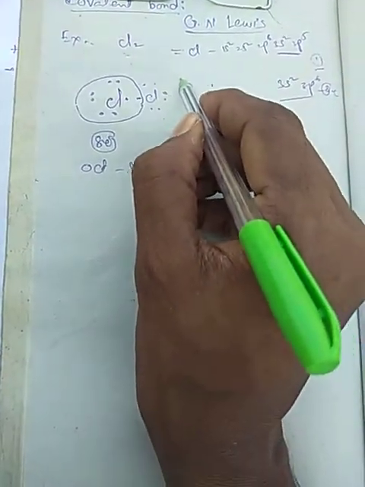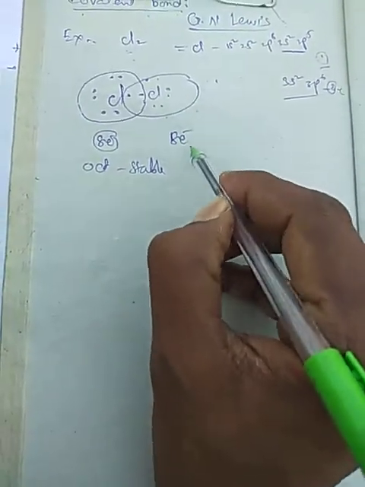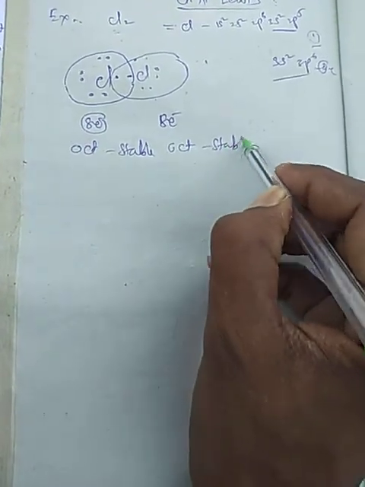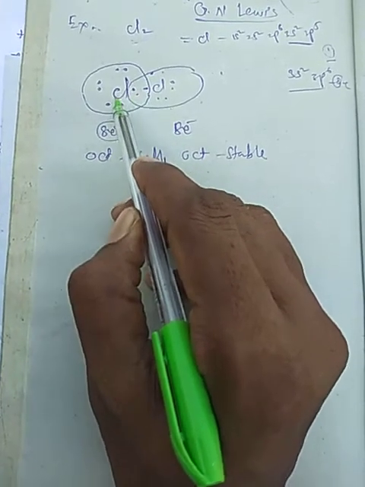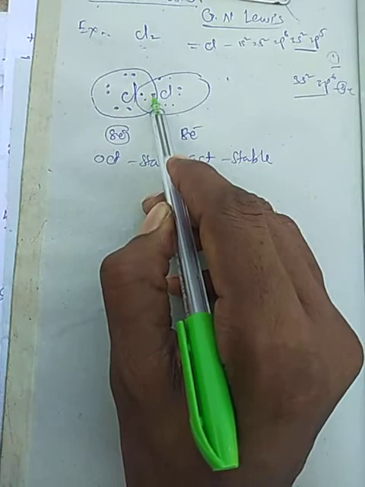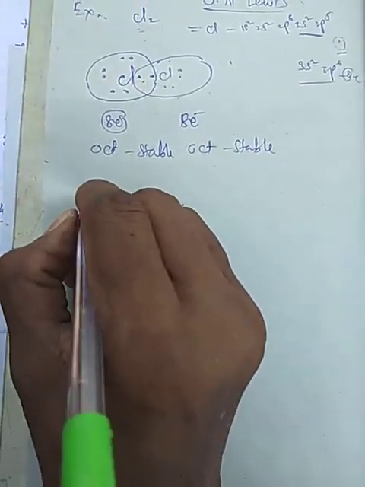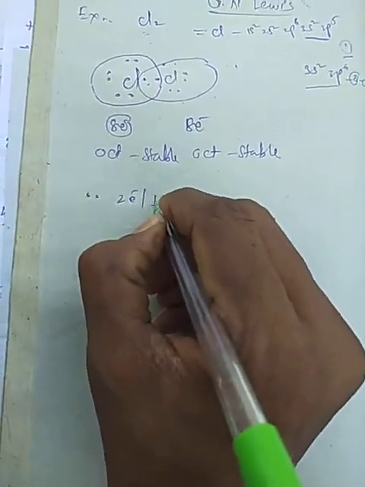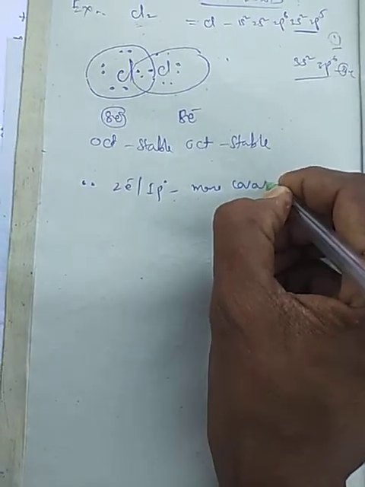The next atom also has mutual sharing. Now it is also showing 8 electrons, showing the octet becomes stable. This means that mutual sharing of electrons between the two atoms is called a covalent bond. Mutual sharing of two electrons, or one pair of electrons, is called a monocovalent bond,